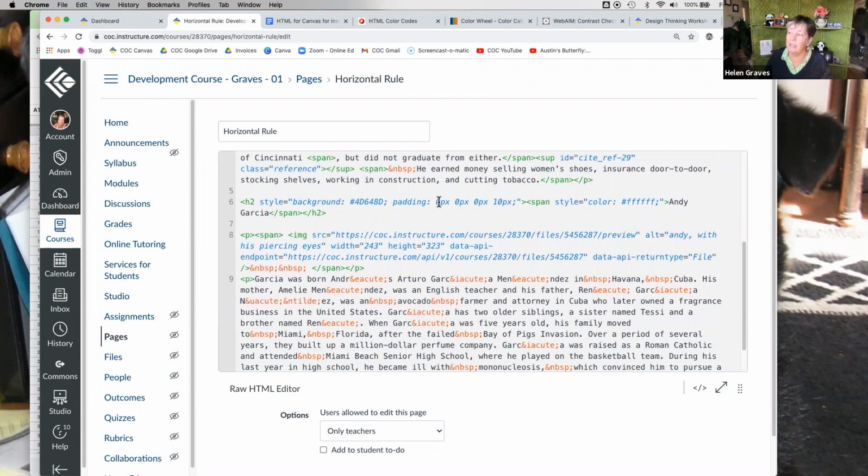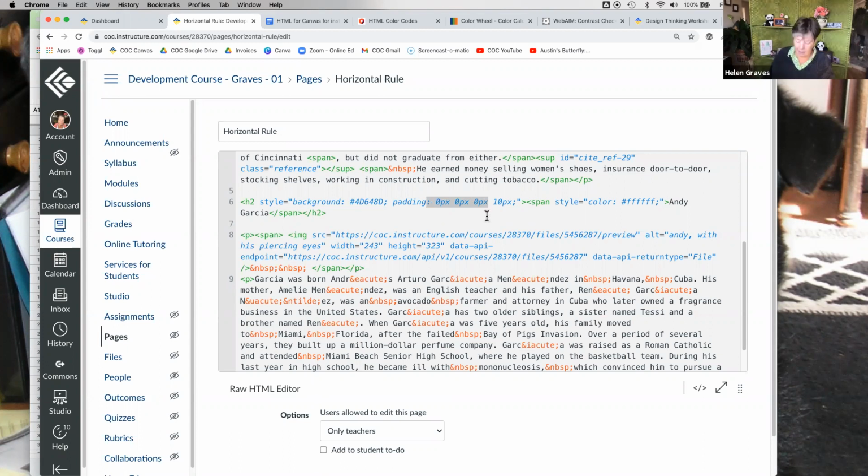So in this case, it's saying 0 pixels, which is the amount of space in a HTML environment, 0 pixels for the top, 0 pixels for the right, if we're going around clockwise, 0 pixels for the bottom, 10 pixels for the left. And in this case, you could also write it, I'll just show you a little trick.